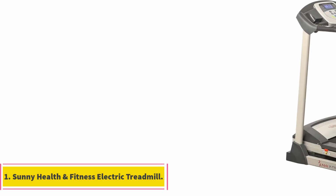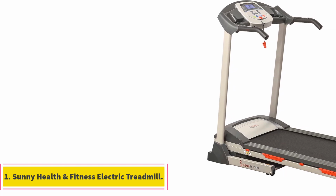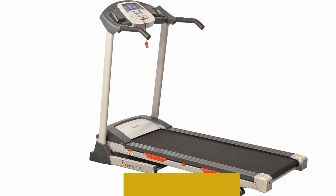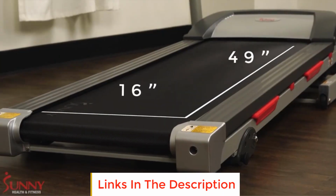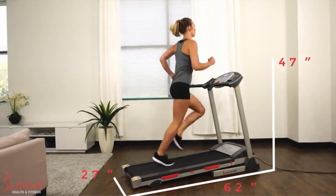Number 1. Sunny Health Fitness Electric Treadmill. The Sunny Health Fitness Electric Treadmill is a robust and high-quality exercise machine designed for effective indoor running or walking. Constructed with solid steel and equipped with an extra shock absorption system, it ensures a steady and impactful cardio workout